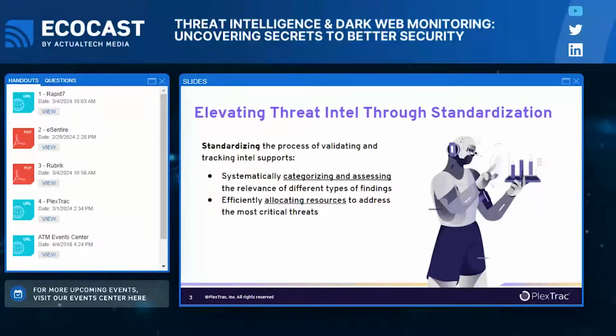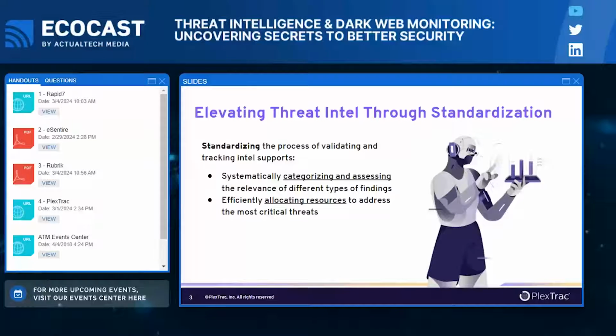Now, the value of standardizing your processes is that you actually start to validate. You start to track. So you start to categorize and assess the actual different types of findings, the different types of intelligence that matters most to you. So think about it. If you find PII really important, maybe credentials intelligence is really important to you. So you have that as a higher level of importance or criticality in some way. Or if you do a lot of web applications and it's really important tracking the IPs coming in, IP threat intelligence or analysis is going to be very important to you as well.